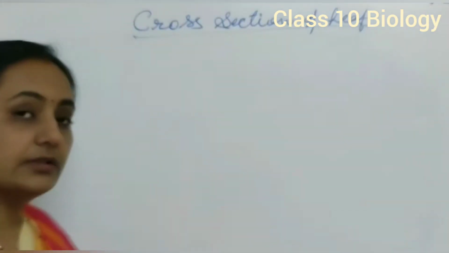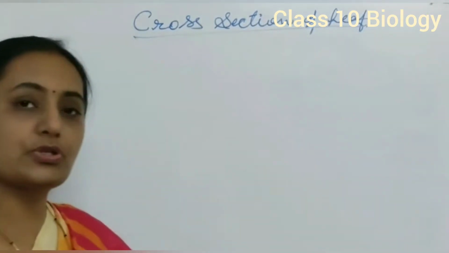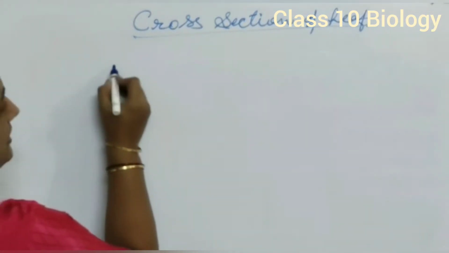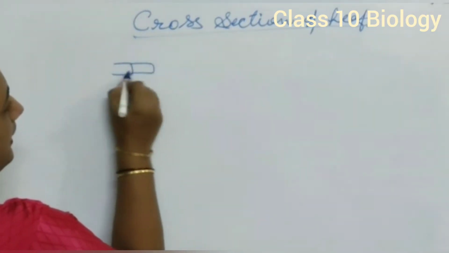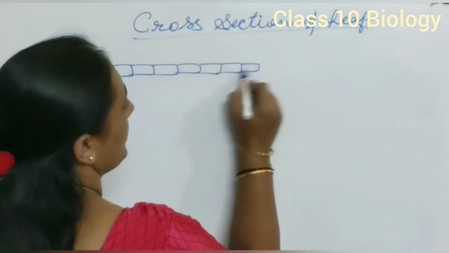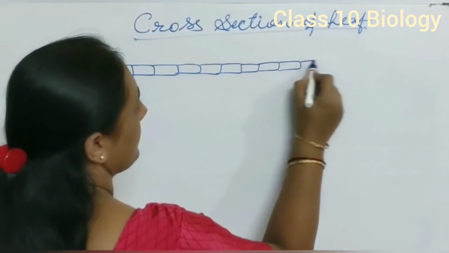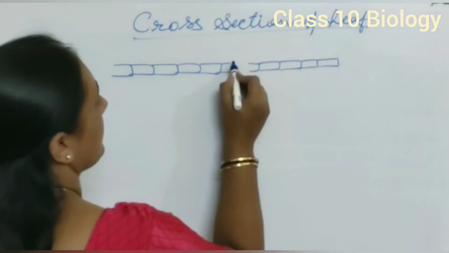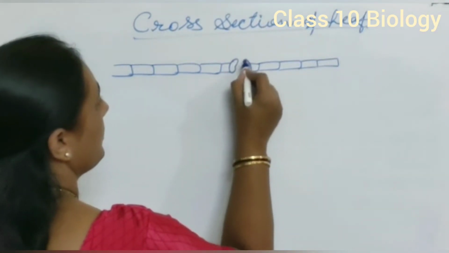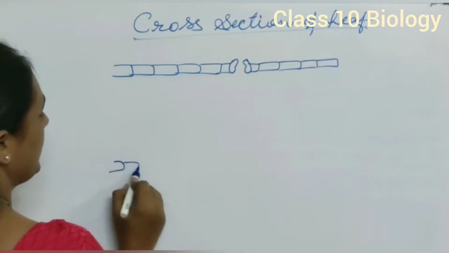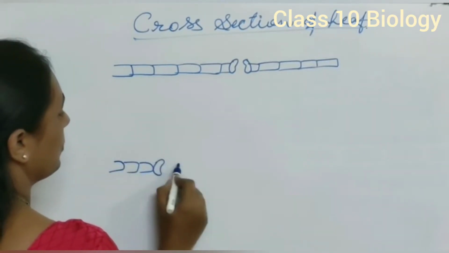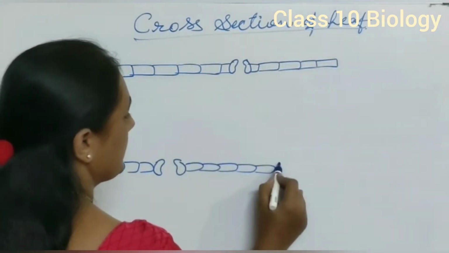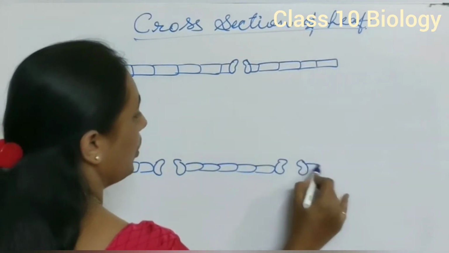Here we discuss today the cross section of leaf, how the process of photosynthesis is carried out by leaf. Here you come to know about it. So in the cross section of leaf, upper and lower epidermal cells are there. In between epidermal cells, you find bean shaped structures which represent the opening of the stomatal pore. So these are the epidermal cells, upper epidermis as well as lower epidermis.